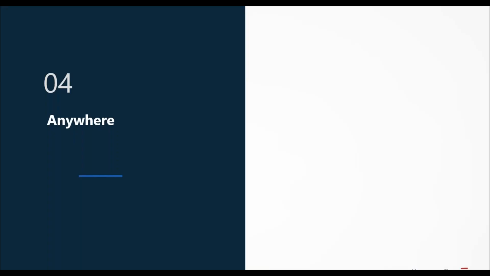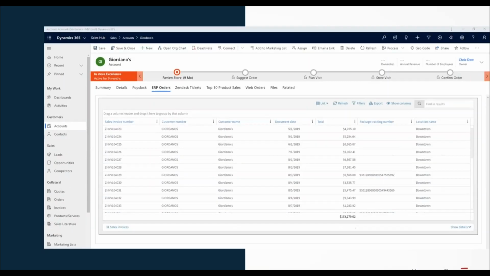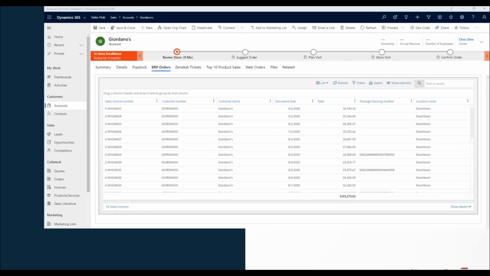So we always say we can work with any data and we can work with that data anywhere. So what do we mean by that? One of the biggest features of Popdock is our widgets. So you can see here, we are able to take data and display it anywhere in a widget inside a